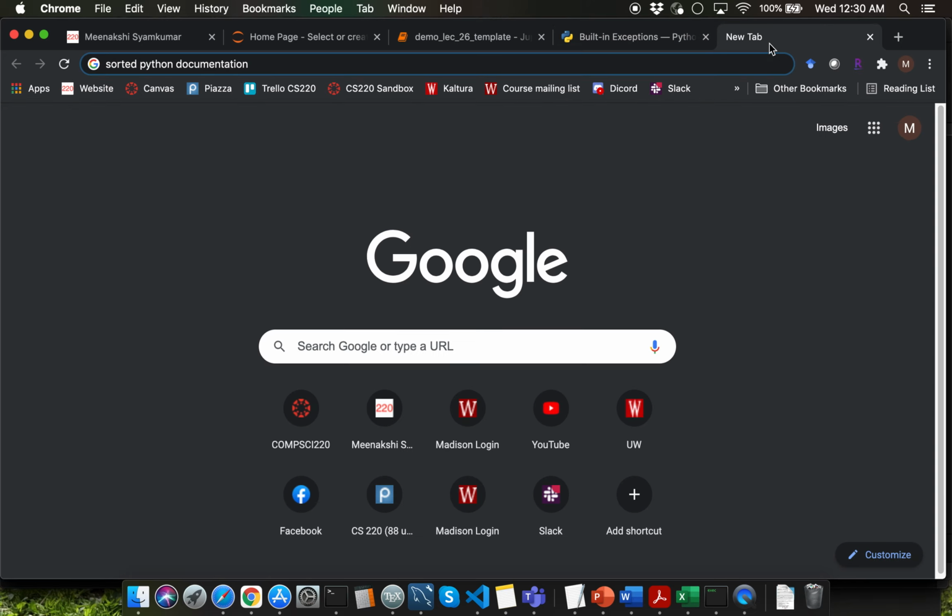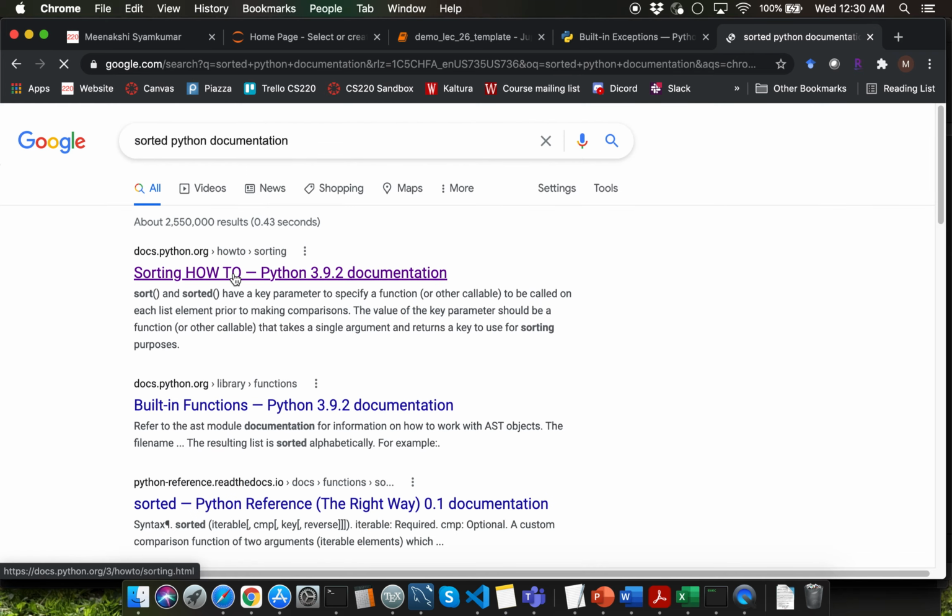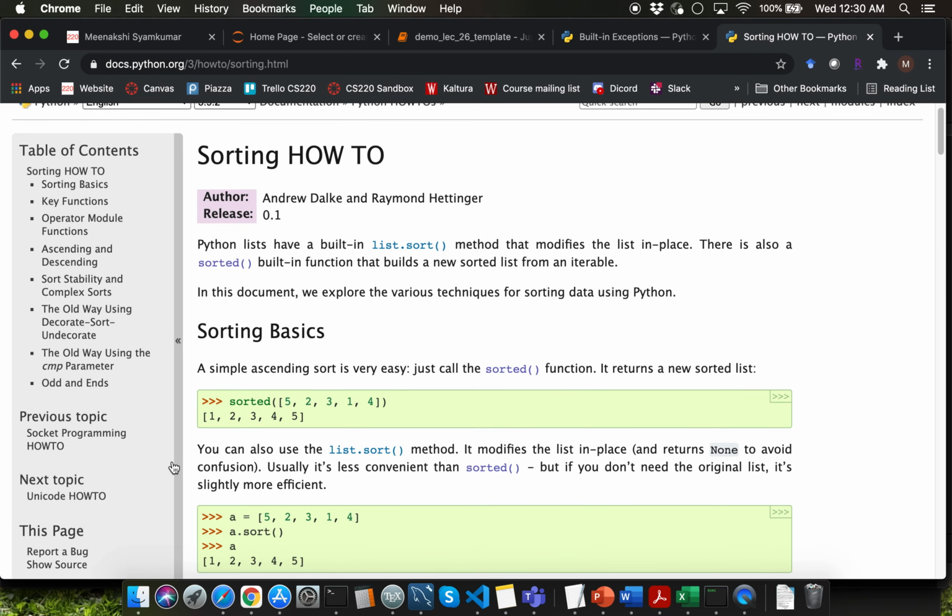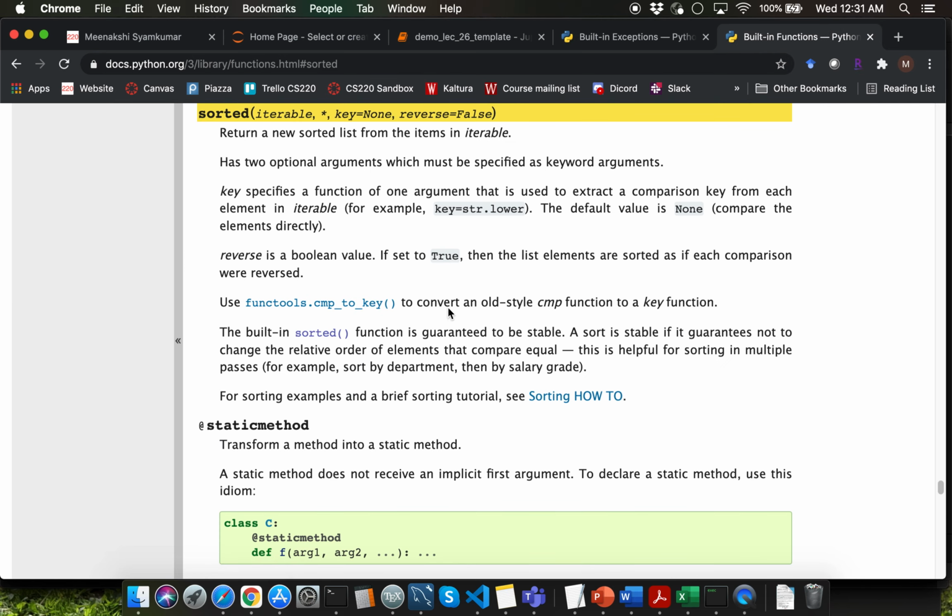I want to take 1 minute to talk about how you can access Python documentation. Let's say that you want to read the documentation for the sorted function. You can just Google "sorted Python documentation." That will get you to this particular link over here, which provides detailed examples for that particular function. Feel free to go through that if you want additional practice. If you click on the sorted function link here, that will take you to the description of the function definition, and you'll be able to see the details about each of the configured parameters over here.